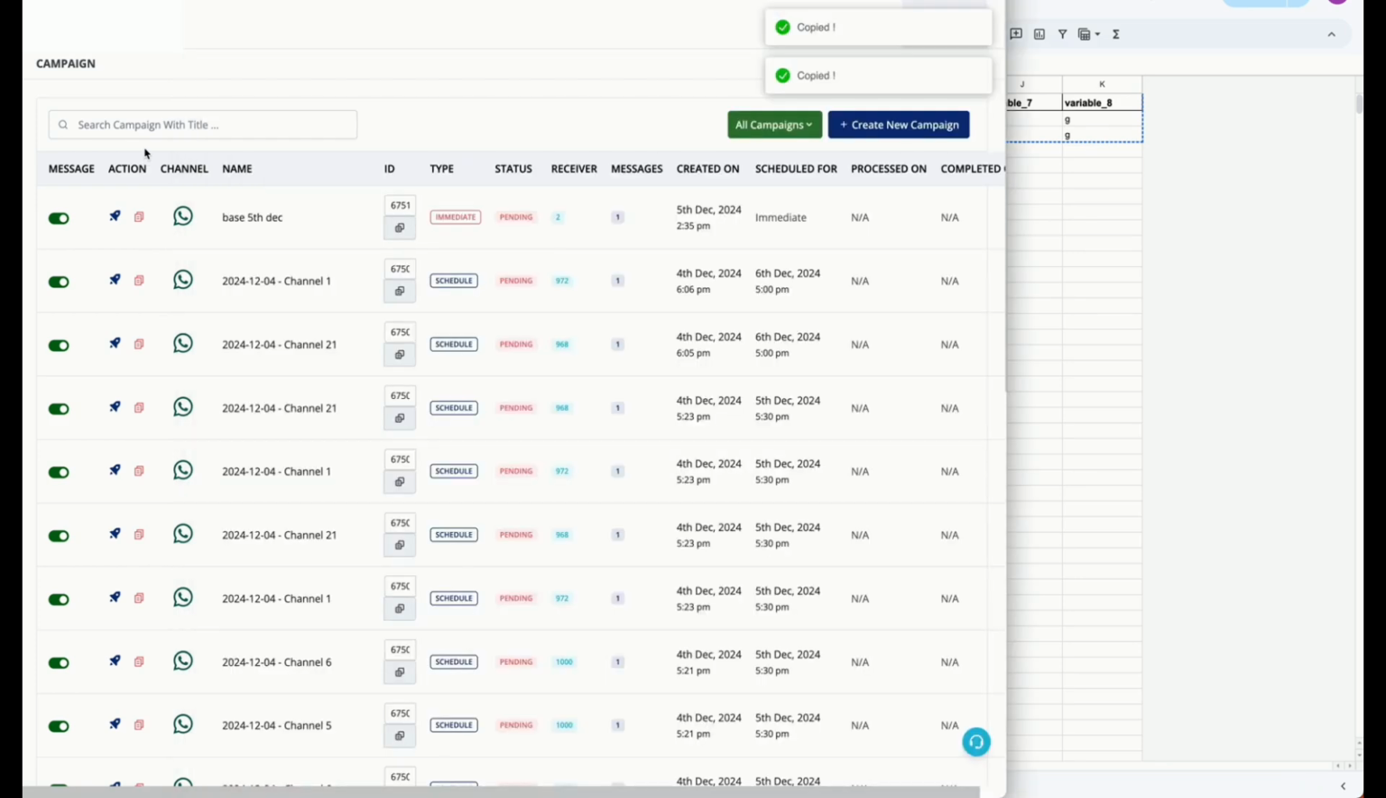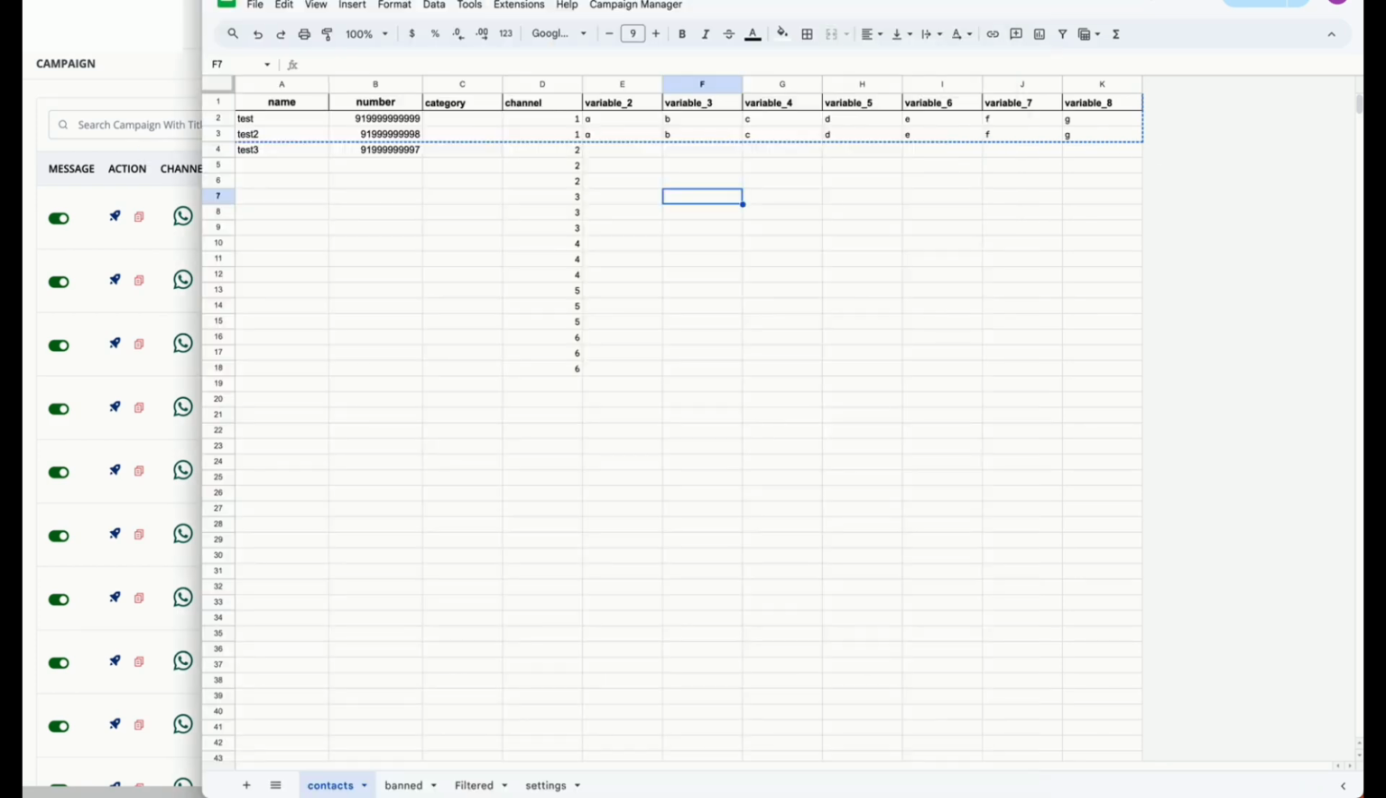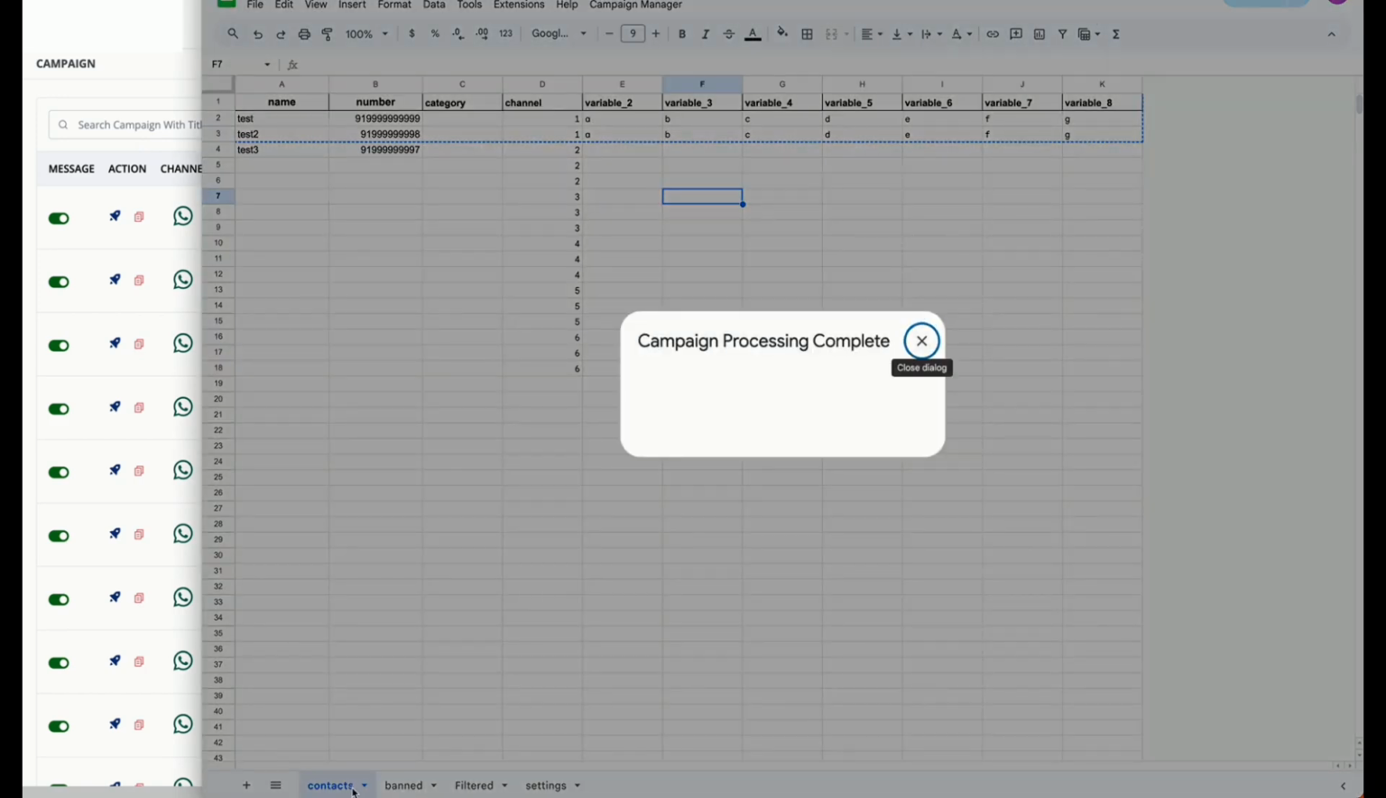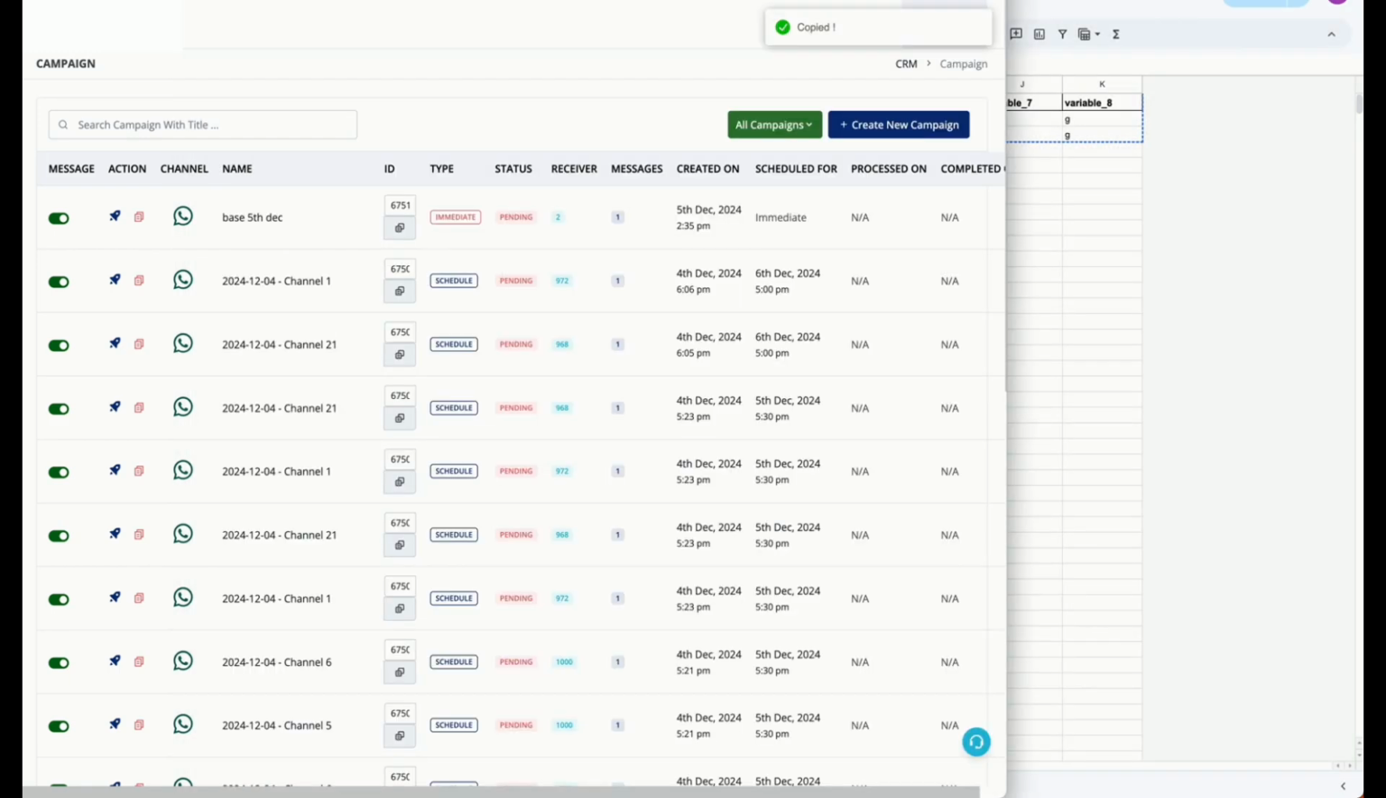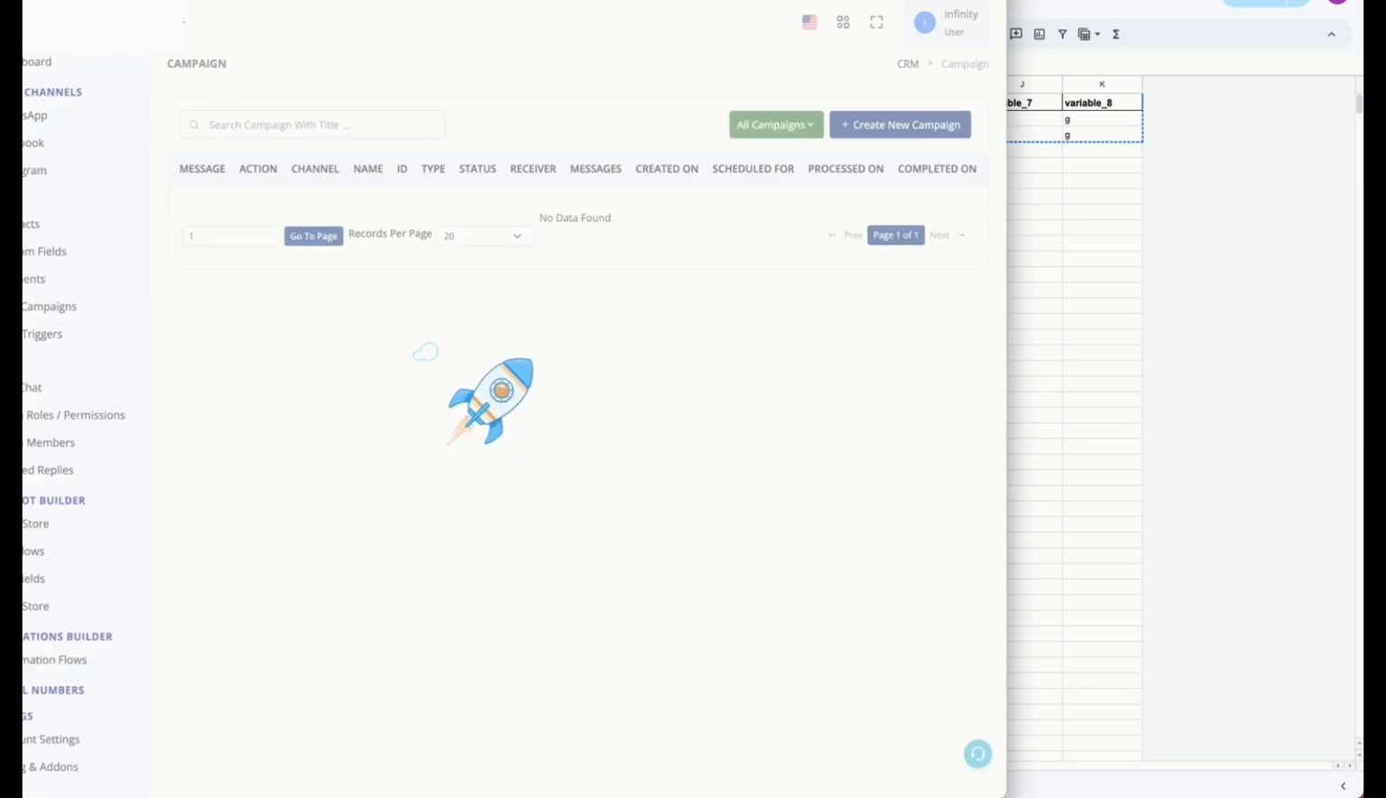After you do this, within say 1 minute or 2 minutes, it would filter the contacts, remove the banned contacts from the main contacts, and then create the campaign. It might take 5 to 7 minutes if you have like 10 or 20 channels and thousands of contacts, and then you'll see a prompt like this that the campaigns are created, and then we can check if the campaigns are created properly from the